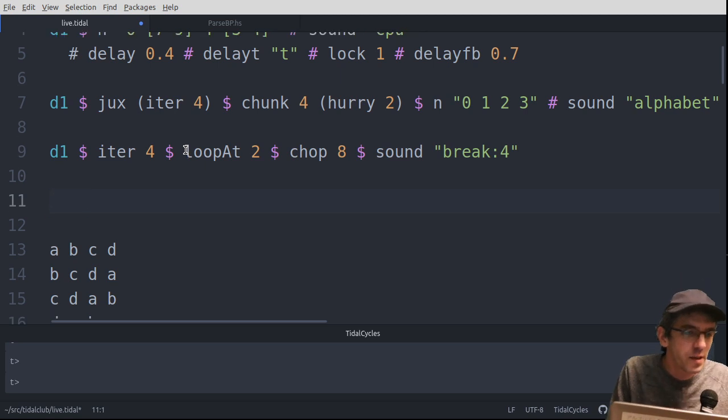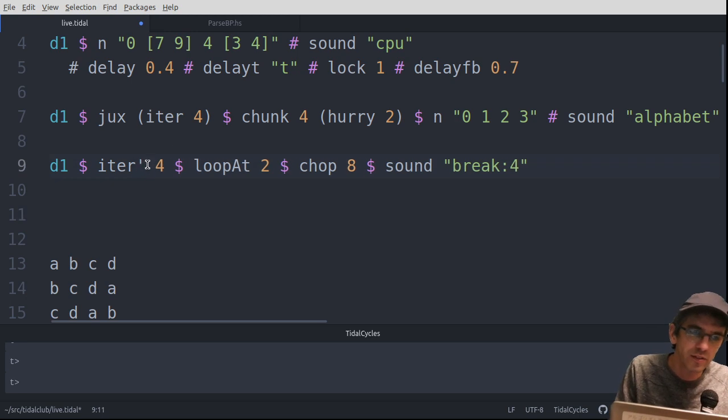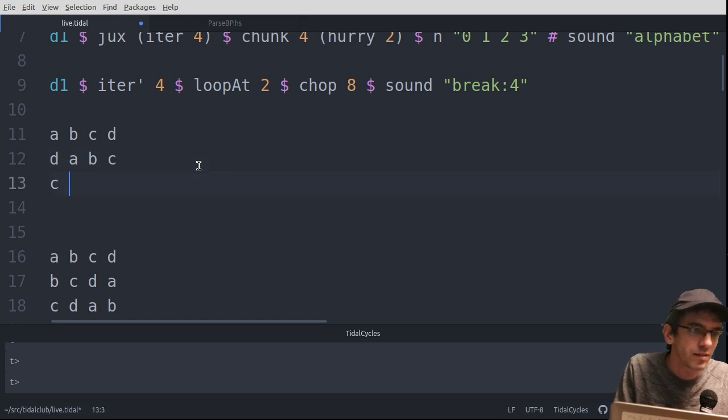There's also something called iter prime. This is just a single quote. Prime in Haskell just basically means an alternative version of something, as far as I can tell. And so I've just got iter prime, which does the same but shifts in the opposite direction. So instead of doing this, it will do A, B, C, D, D, A, B, C, C, D,